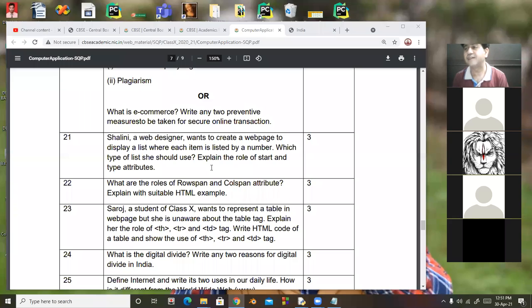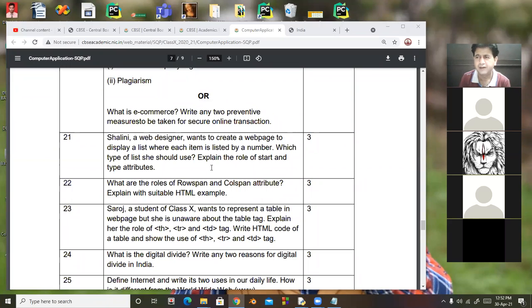It is small a, capital A, small i, capital I, and 1. So these are the possible values for the type attribute. It indicates the type of character displayed before the list item. And start indicates from where we will start the list.